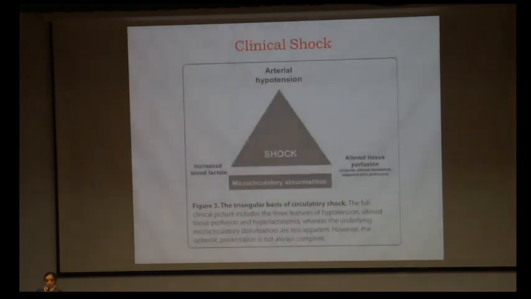So this is the spectrum of clinical shock, in which we see the most common presentation is arterial hypotension and an increased blood lactate. But some modalities of tissue perfusion may not always be apparent in these patients. We have to actually look for them, like oliguria, altered mentation and impaired skin perfusion. So these are basically our windows to the human body, and they show us other microcirculatory abnormalities which may be present in shock.